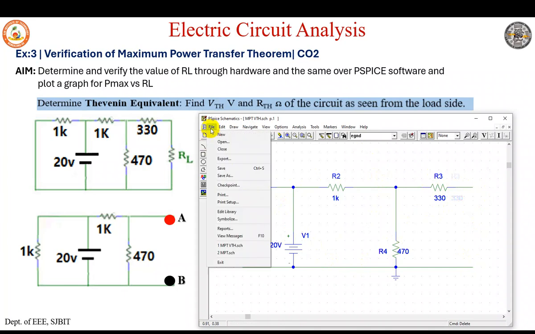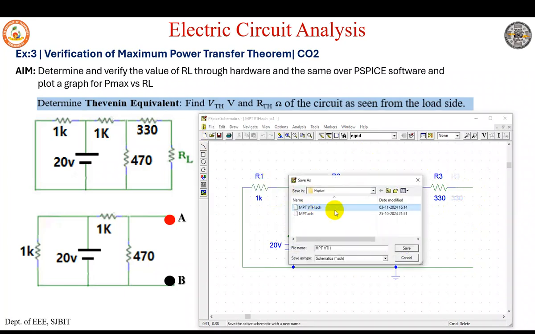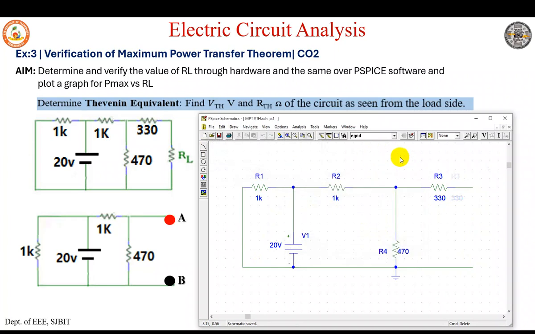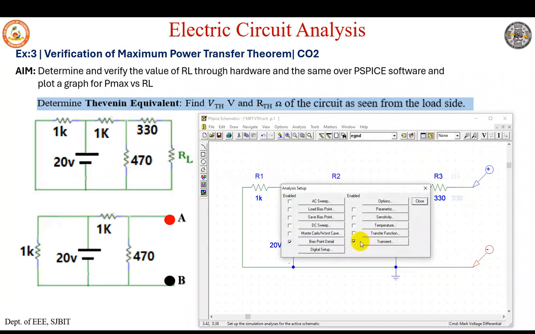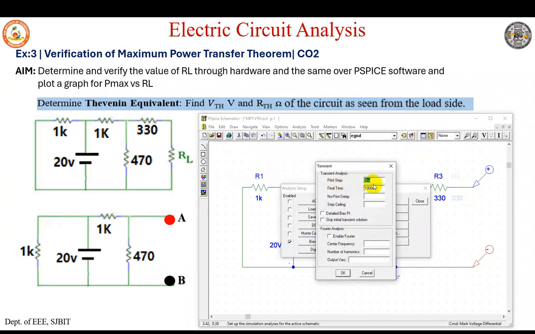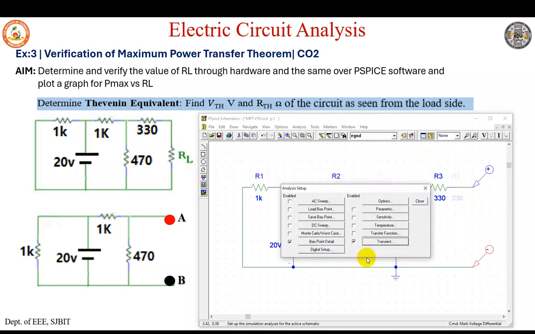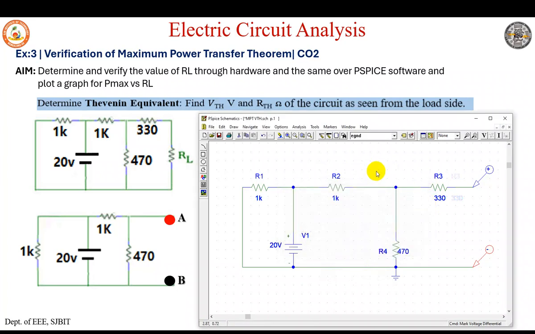Then click on File, Save As, save your file by giving an appropriate name, and then go to markers, keep voltage differential plus and minus, and the output that you want to see in DC, so click on or enable transient. The print step for a DC circuit is not a matter because it does not change with respect to time. If it is 1 volt, it is 1 volt throughout. It's not changing with respect to time. Okay, then save, simulate. By this you'll get an error